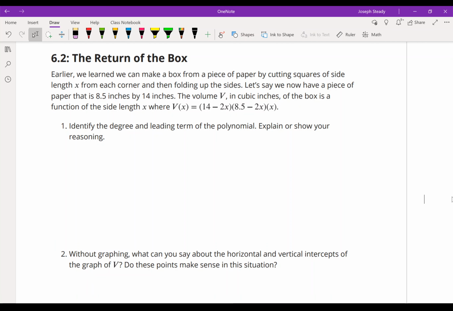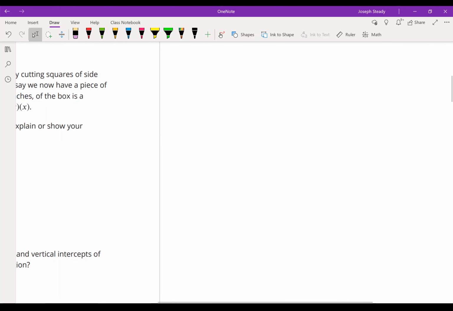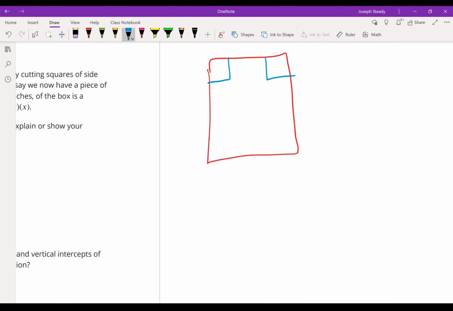In problem 6.2, we are returning to a situation that we looked at earlier this year, which is making a box by cutting the corners out of a piece of paper. Just in case we've forgotten what that looks like, the general idea is that if I start with a piece of paper, and then I cut out the corners like this, all the same size and all squares,